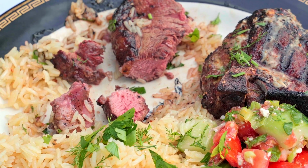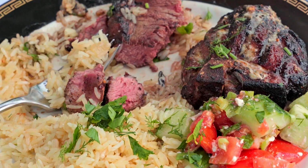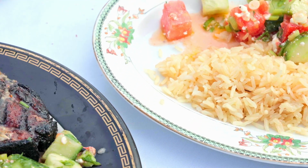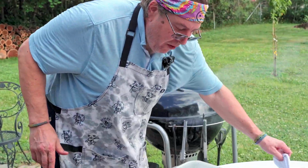A little bit of rice. Oh, you know, what I forgot on these is just a touch of tzatziki sauce. Cucumbers, onion, Greek yogurt, lemon, fresh dill, fresh mint. Delicious. If you love lamb,